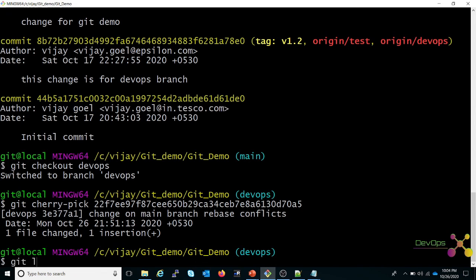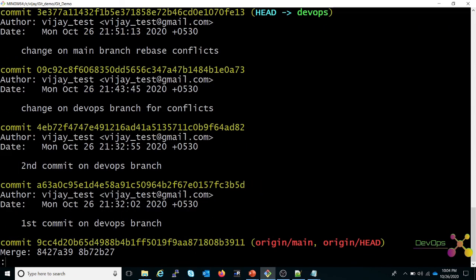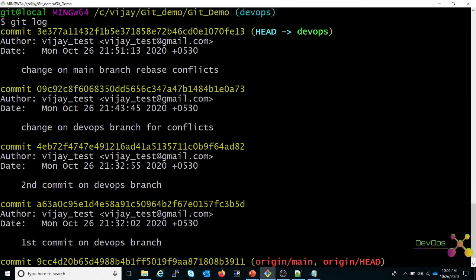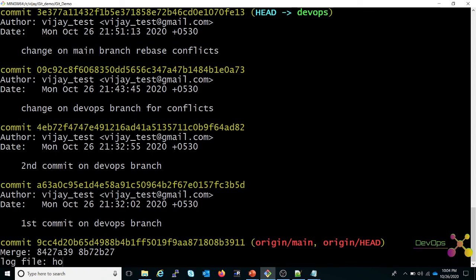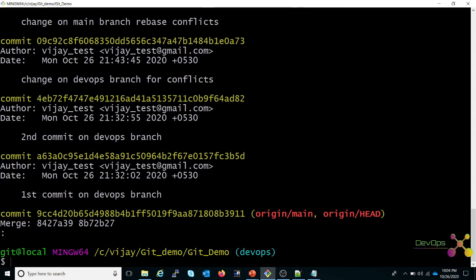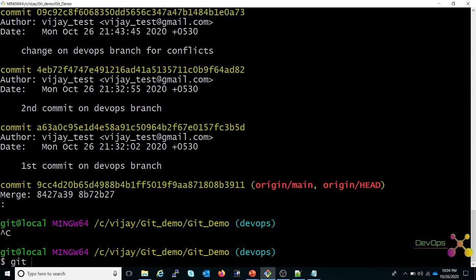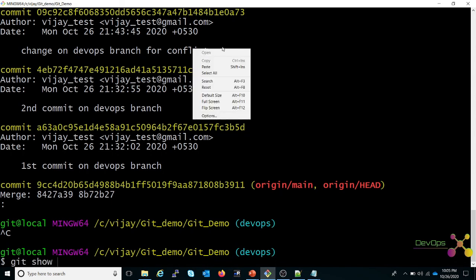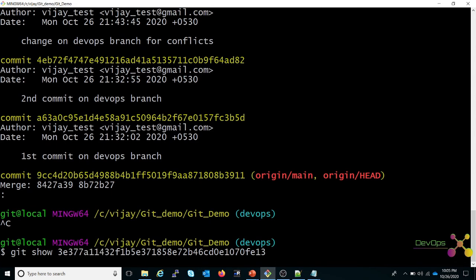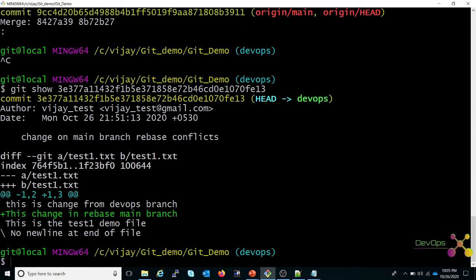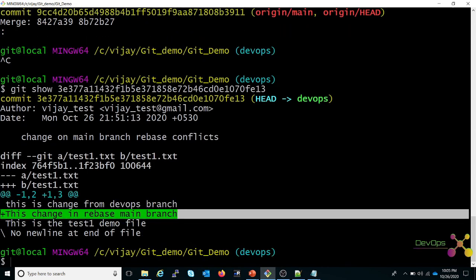That's it. You can see in git log the changes on the main branch; conflicts have come here. Git show, paste the latest commit, and you can see the changes have come here.